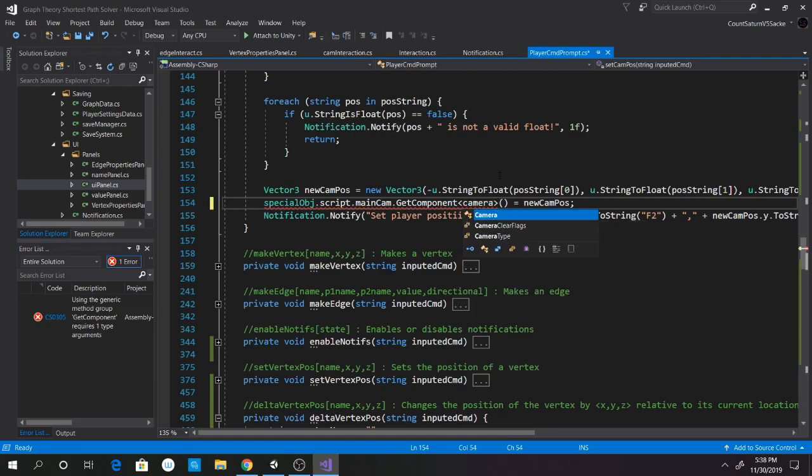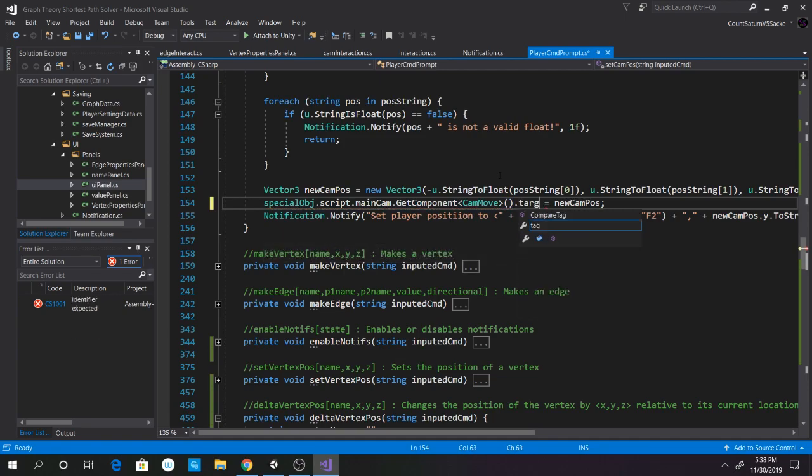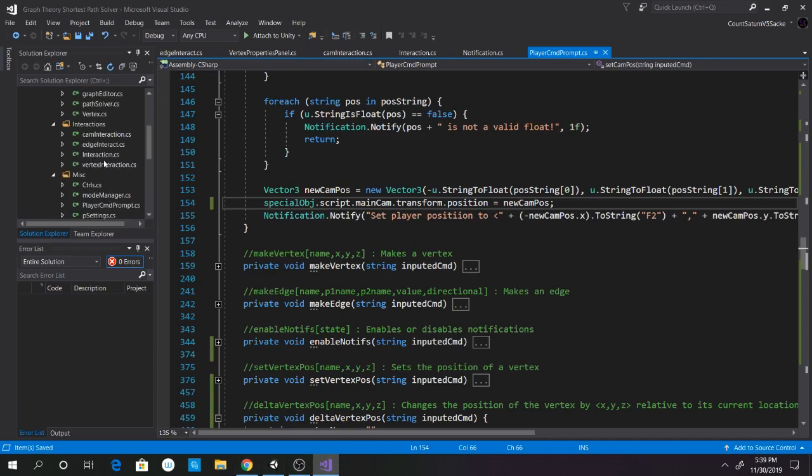This is the camera. The cam move dot. Okay, so this is a bit of an awkward function, but we'll go ahead and go back to our camera